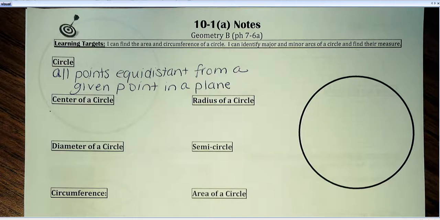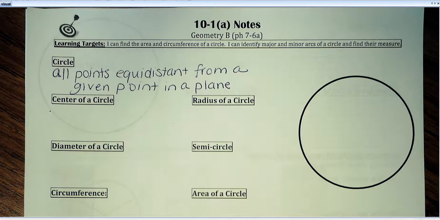All right, today we're going to start our circles unit, and we're going to do area and circumference of circles, and also talk about what major arcs and minor arcs are in a circle and how to find their measurement. So just to start out with, I've already written down the definition of a circle, and that's